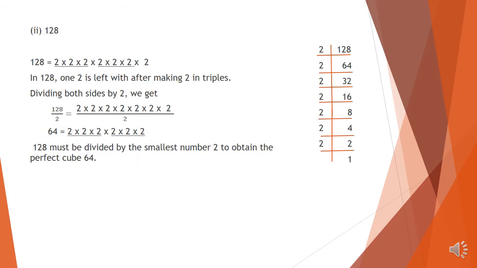Question number 2, 128. So children, we have to do the prime factorization of 128. 128 is an even number, so we are starting with 2. In 12, how many 2's are there? 6 2's are 12, no remainder. Now we have 8. In 8, 2 4's are 8, so we write here 4. The number is 64. Again it is even, so we write on the side 2. And in 6 we have 3 times 2 and no remainder.